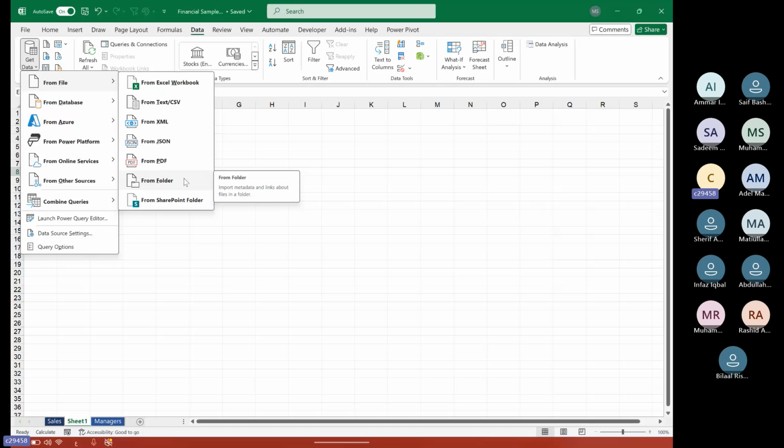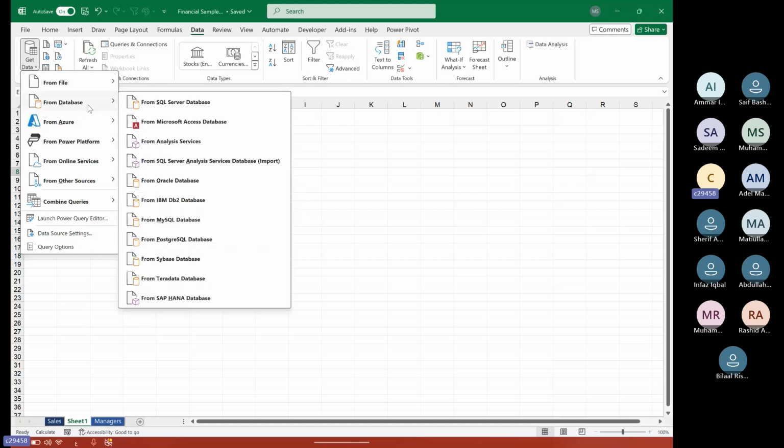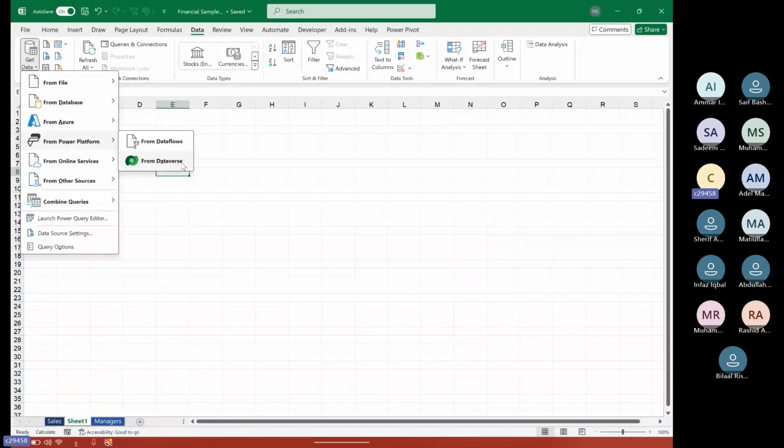This is the automation that we have. Of course, if you have SharePoint in your company, it works 100% because it's Excel. So all Microsoft programs will work here. Any update that happens in your SharePoint, just by refresh, all the data comes in. So you don't need anything else. If you have any database like SQL, like Access, Oracle, MySQL, you will find it, and Power Platform, Dataverse. And this Dataverse, I think it's the future.